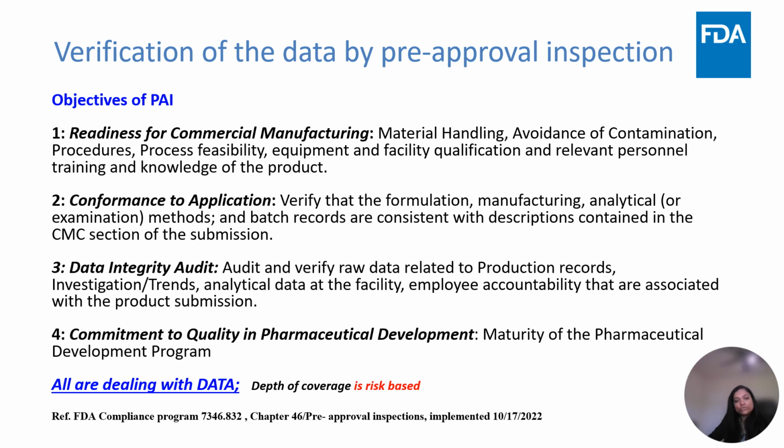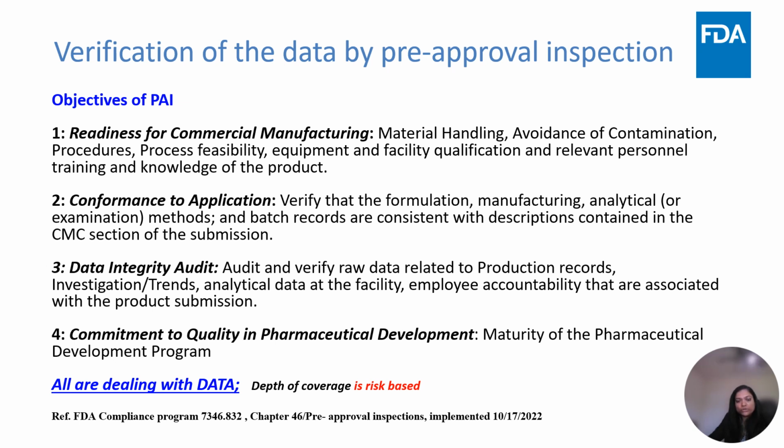Also, under the fourth objective of PAI, commitment to quality in pharmaceutical manufacturing, which is in regards to maturity of the pharmaceutical development program, we make sure: does the firm include development studies to identify and determine the quality of product? Does the development program provide comprehensive process knowledge for reproducibility in terms of manufacturing? Is there a systemic program that describes the different stages in developing a process and effective transfer for a commercial scale process to the facility? Also, we ensure the firm's commitment to quality during development, and senior management commitment to quality.